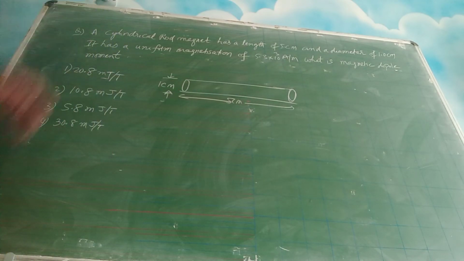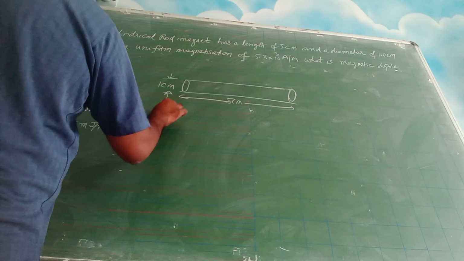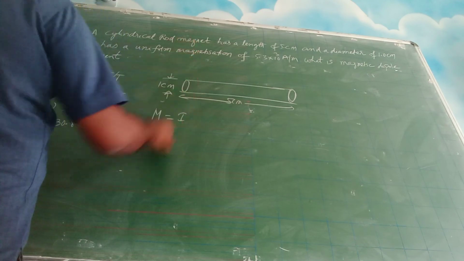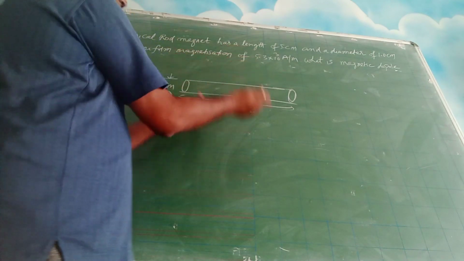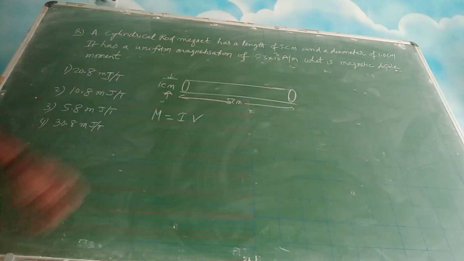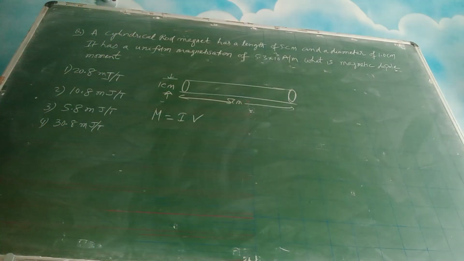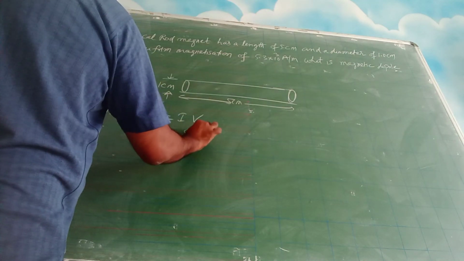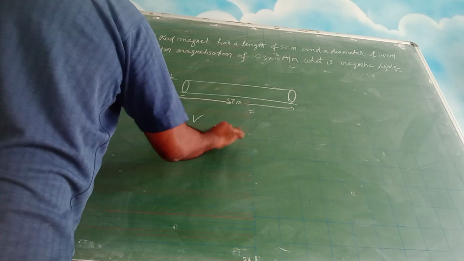Suppose this metallic rod is there, so you want to magnetize it. How much can you magnetize? So the formula is given by the magnetic dipole moment M is equal to the magnetization multiplied by the volume. This much material you can magnetize. If you keep it in a strong magnetic field, this much will be magnetized. This is what you are going to magnetize. So here I is given as 5.3 into 10 to the power of 3.